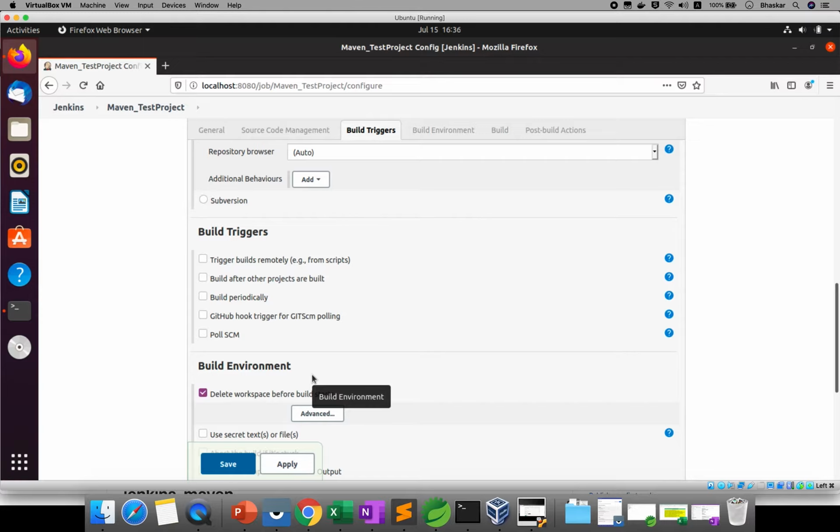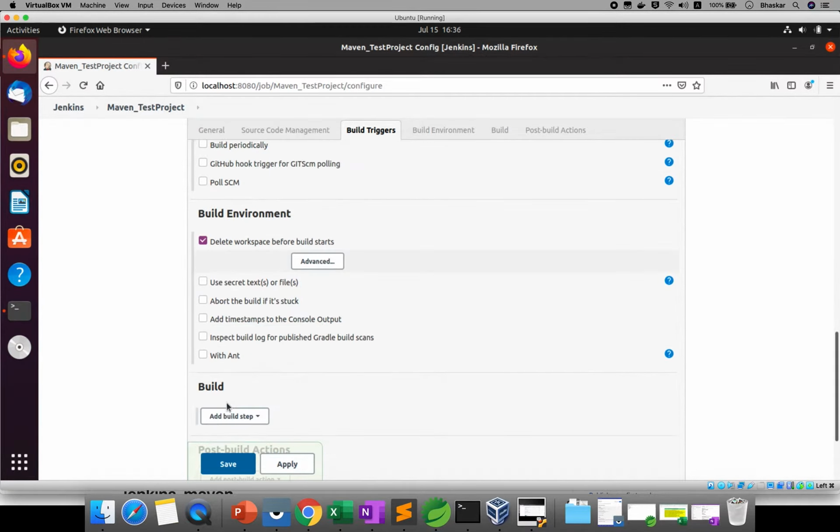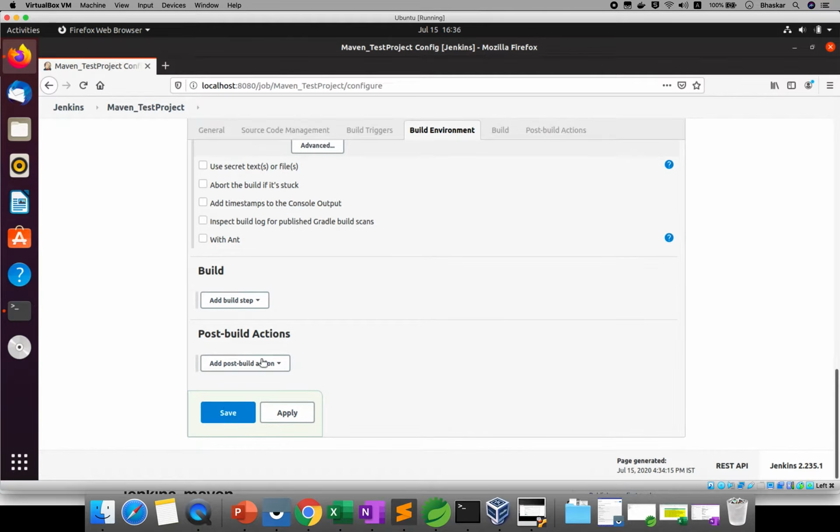If any previous build is there, I want to delete it, then recreate the build. Why? Because it is running on the master, it will be global for every developer. Previous builds should not be there, so you need to enable this option.